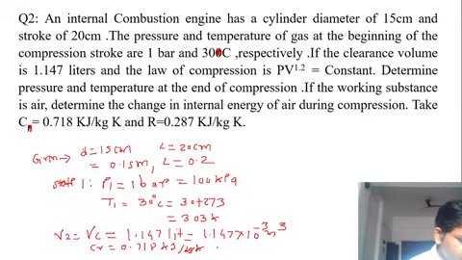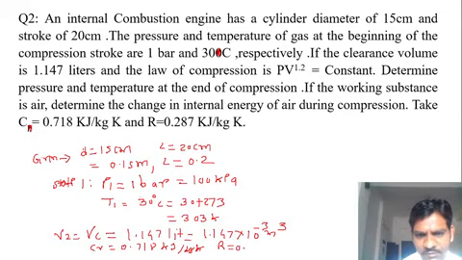Okay. And then we will write down the value of R. R is how much, guys? The R is 0.287 kilojoule per kg Kelvin. So look at the boys, the graph I have to draw here. I draw.